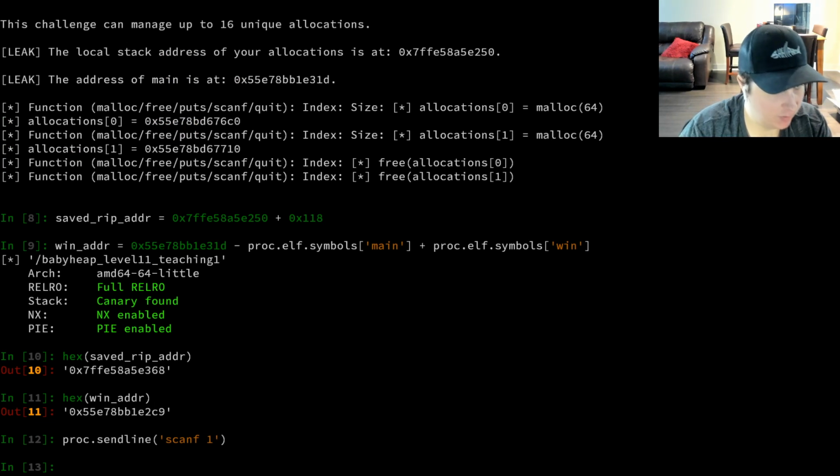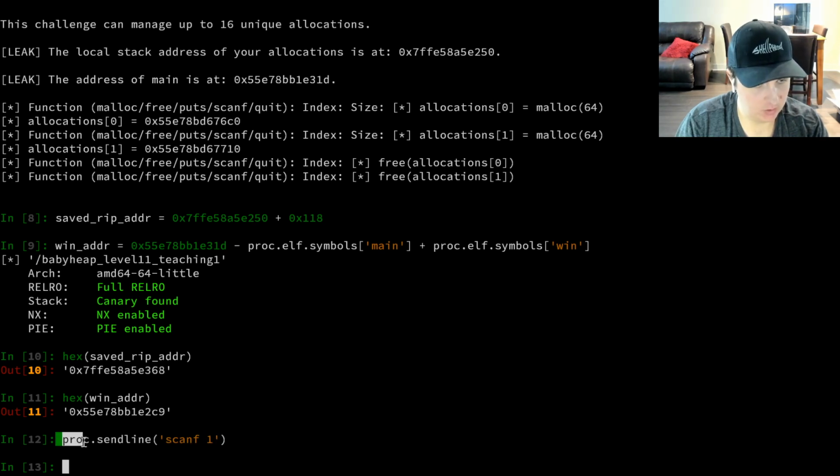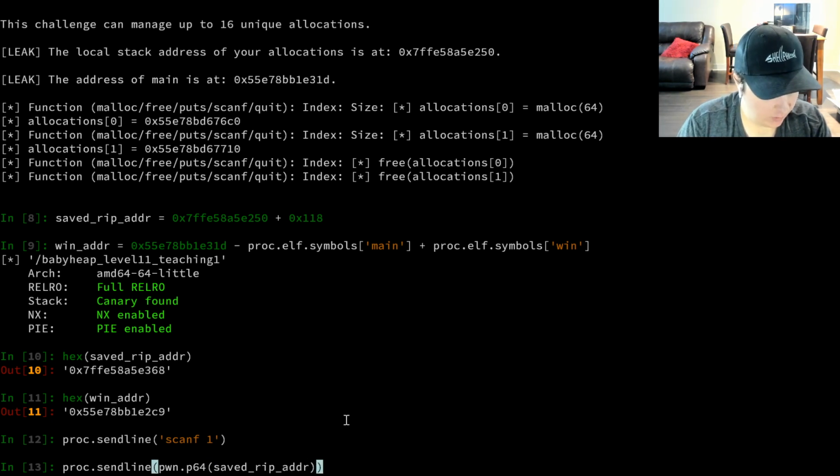And then actually we want to make sure that there's no white space characters. Technically this attack can fail if we have some white space characters in here since we're at the mercy of scanf rather than something that always works like read. Doesn't look like there's white space characters. Okay, so the first thing that we're going to send is what address we want to overwrite. So if we do proc send line pwn p64 of saved RIP adder,